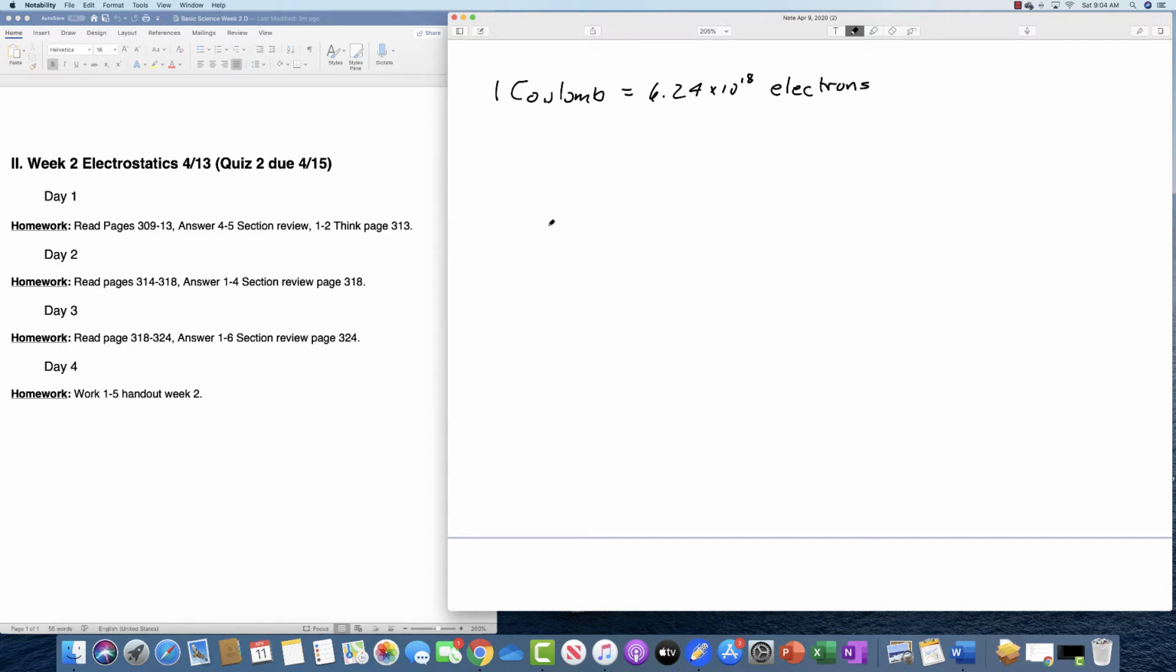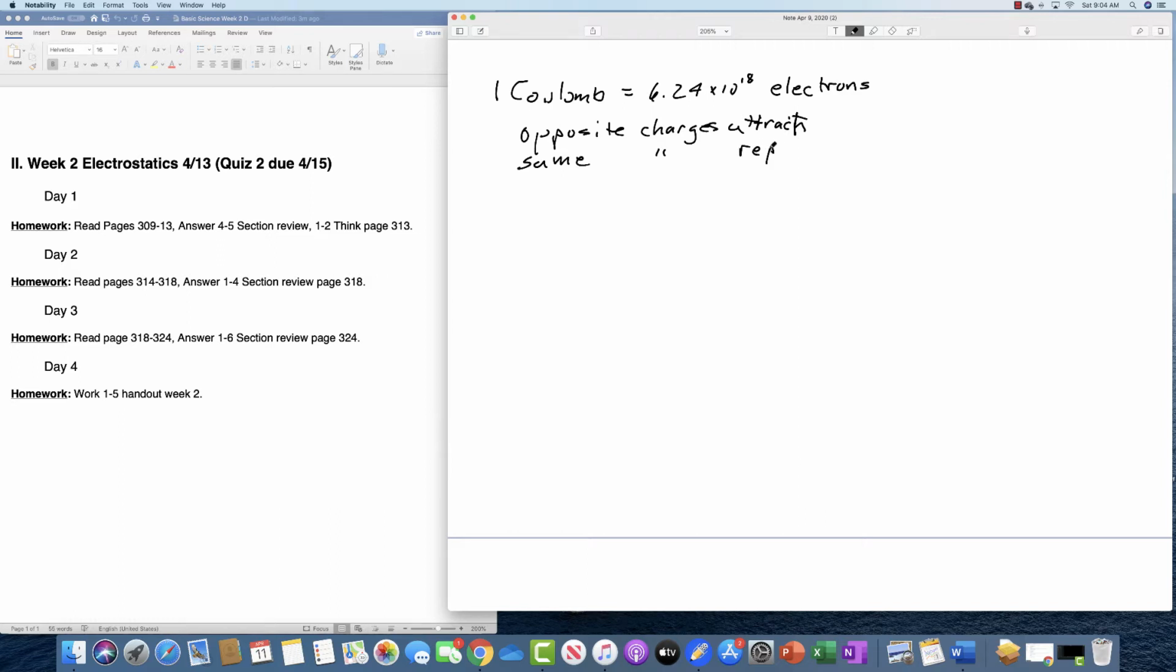So that's number 4. Number 5 says, state the law of charges. And the law of charges is on the next page. Basically it says that opposite charges attract, opposite charges attract, and that similar charges, same charges,